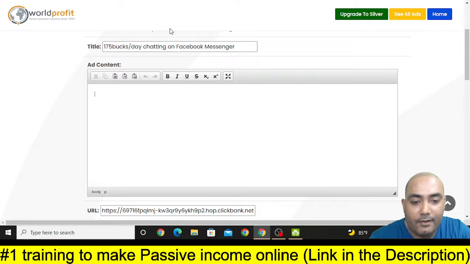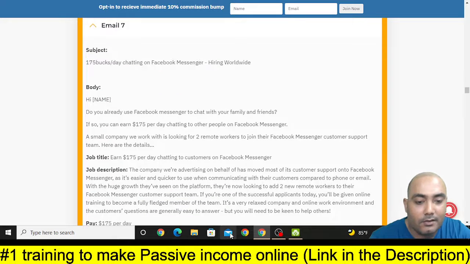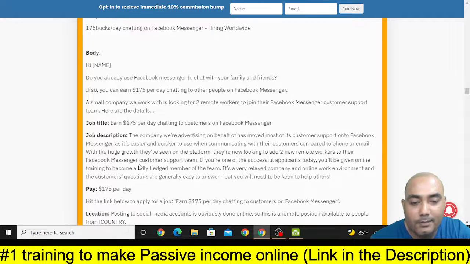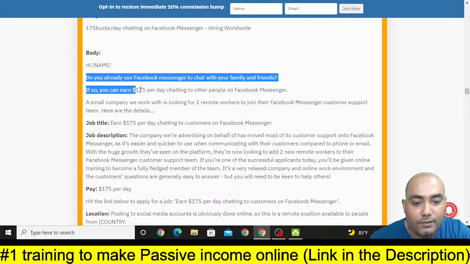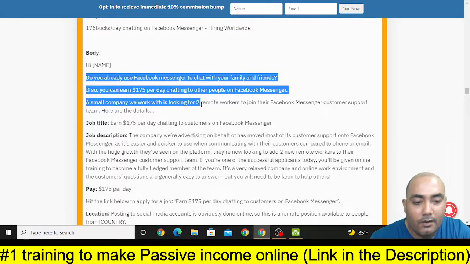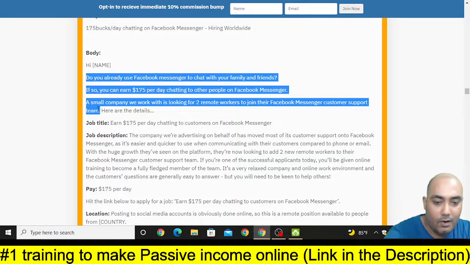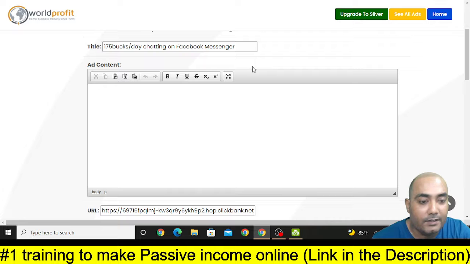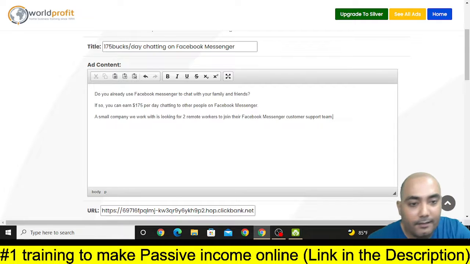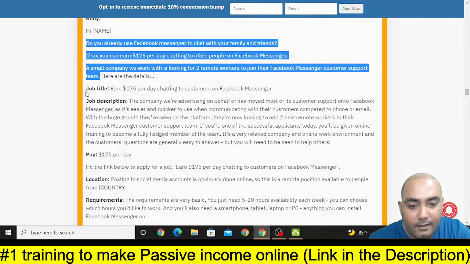So now it's time for the ad content. You cannot just post everything that is in this email. So just read: Do you already use Facebook Messenger to chat with your family and friends? If so, you can earn $175 per day chatting with people on Facebook Messenger. A small company we work with is looking for 2 remote workers to join its Facebook customer support team. Here are the details of the team. Okay, let's copy it. Copying this much text is fine. Let's paste it here, and then